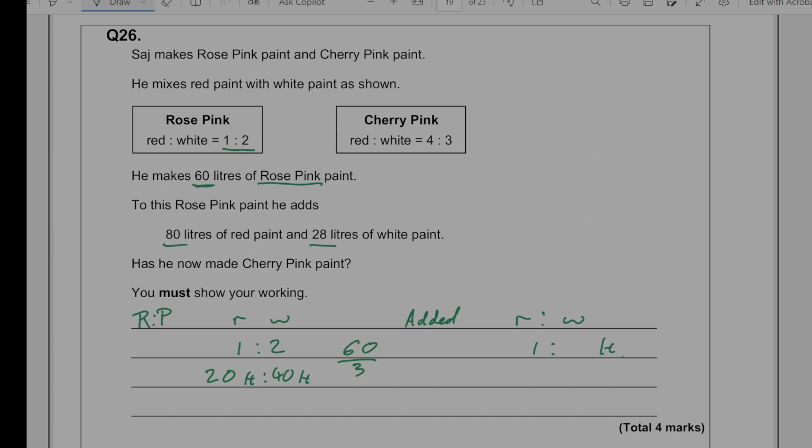Let's get rid of that. So if we add on 80 litres of red paint, that would take us to 100 litres of red paint. If we add on 28 to 40, that would be 68 litres. So that's the paint he has. And if we simplify, well, we could simplify that ratio. Alternatively, I'm going to say for cherry paint, for CP, for cherry pink, he would need